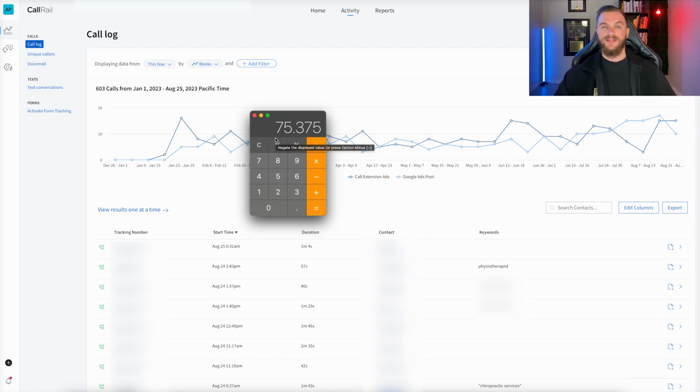Now remember, we spent $10,000. So if each of these people spend a lifetime average of about $1,000, times this by 1,000, and we've generated $75,000 from our Google advertising efforts with about $10,000 in spend, at about a 7.5 to 1 ROI. And so you can see how this is extremely cost effective to do, and you're able to scale this up